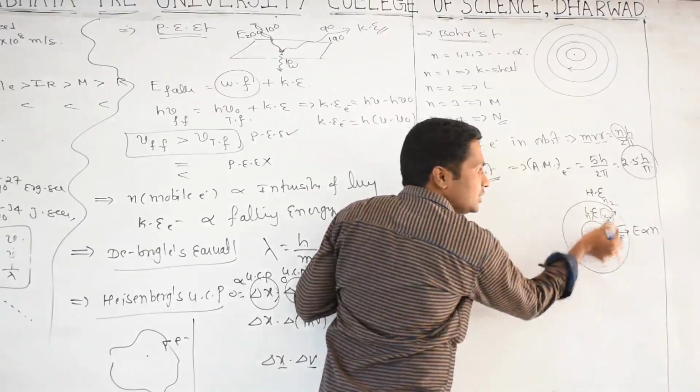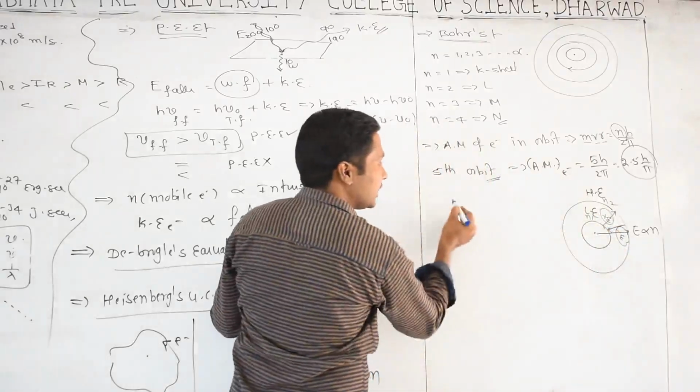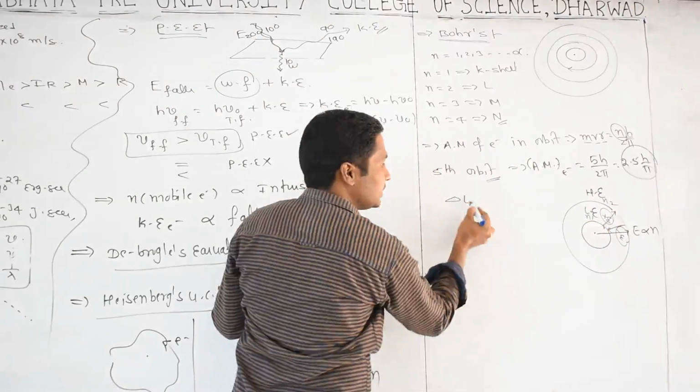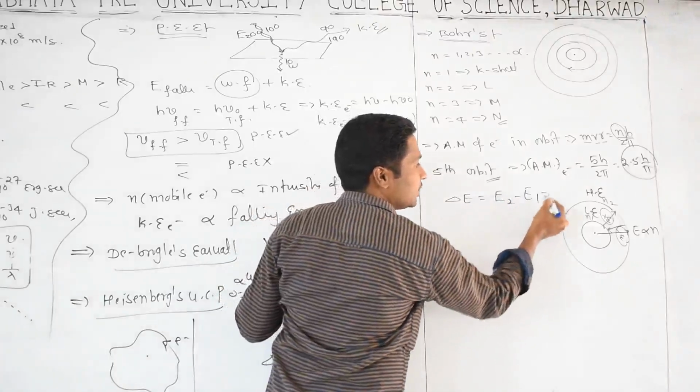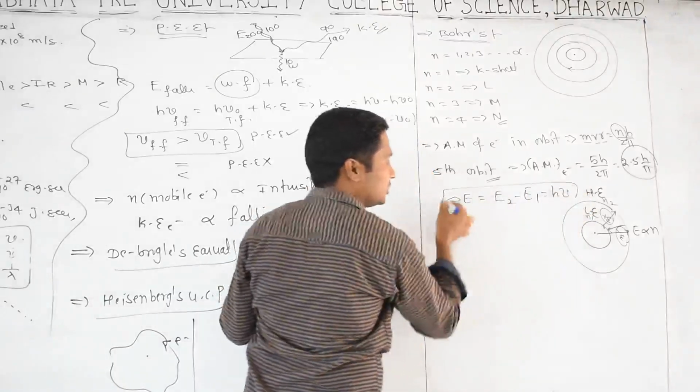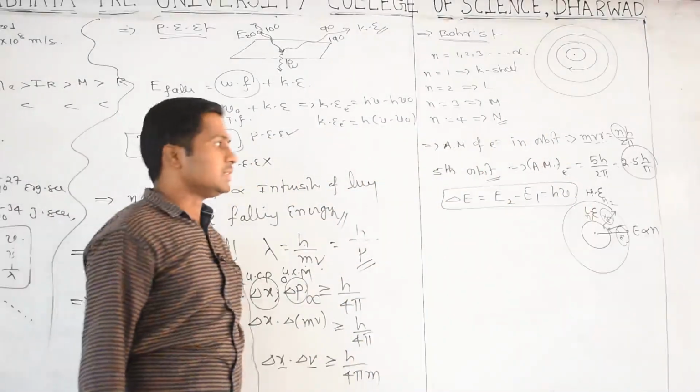Whether taking energy or releasing energy, it is in the form of light. So that's why we are taking that light energy is nothing but the energy difference, delta E is equals to E2 minus E1 is equals to h nu. This is also an important point for you. We have to practice all these things very carefully.